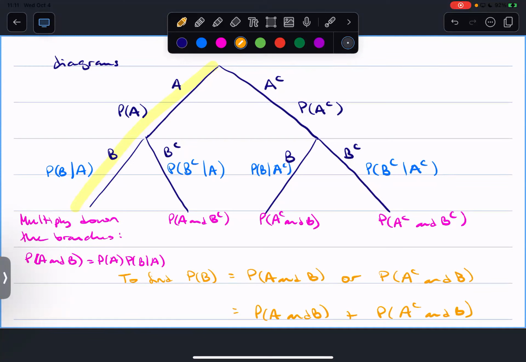What was the last check-in point? Well, at each level of these branches, the probabilities have to add to 1, right? If A happened or A didn't happen,